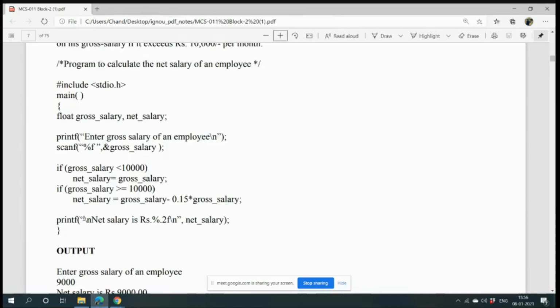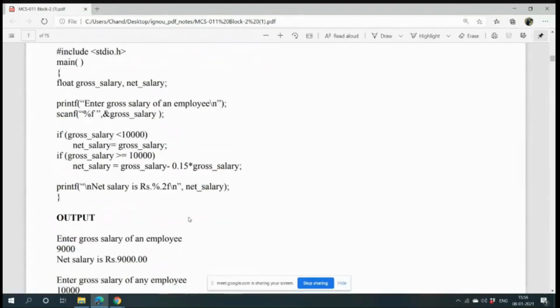So see, for output we have created a new line. Then it will be written as net salary is rupees %.2f. %.2f means whatever the value of salary is, it will be corrected up to 2 decimal places. Suppose you took float, so you may have 0.3256 this way, so only up to 2 decimals.